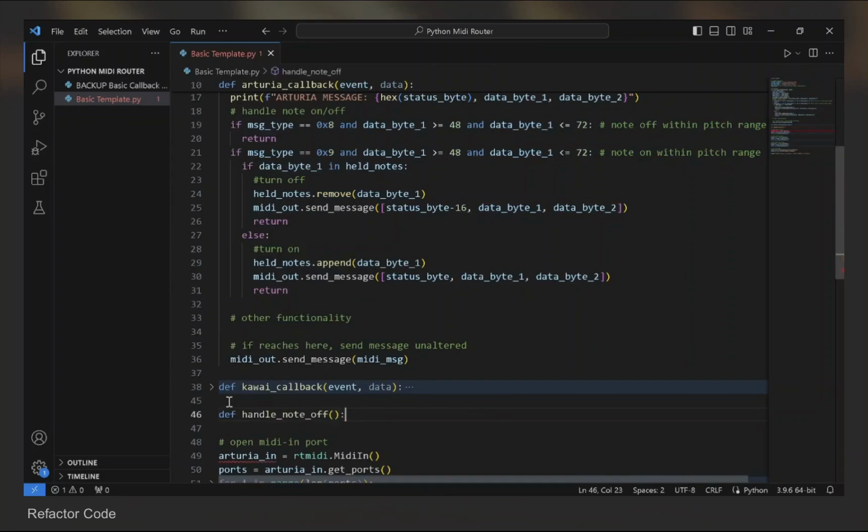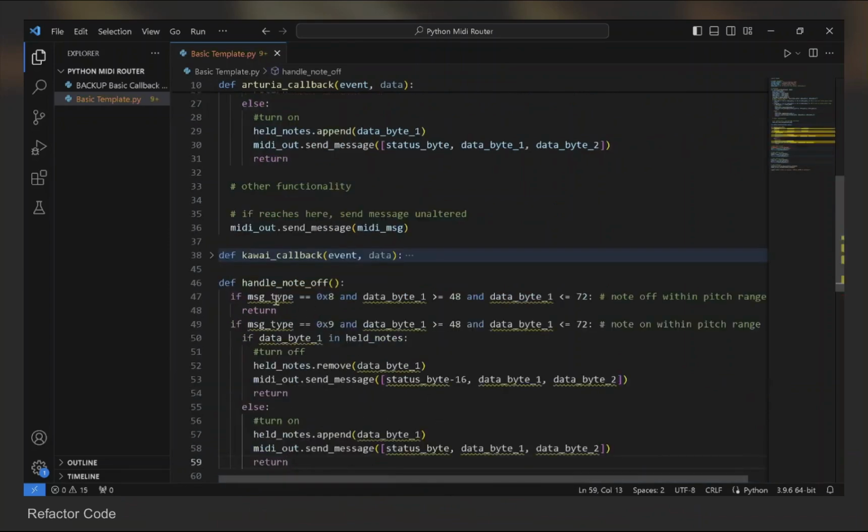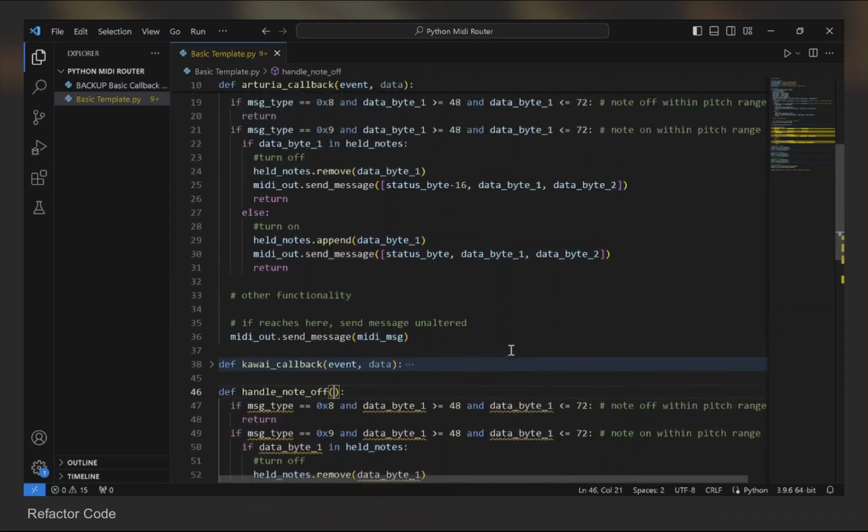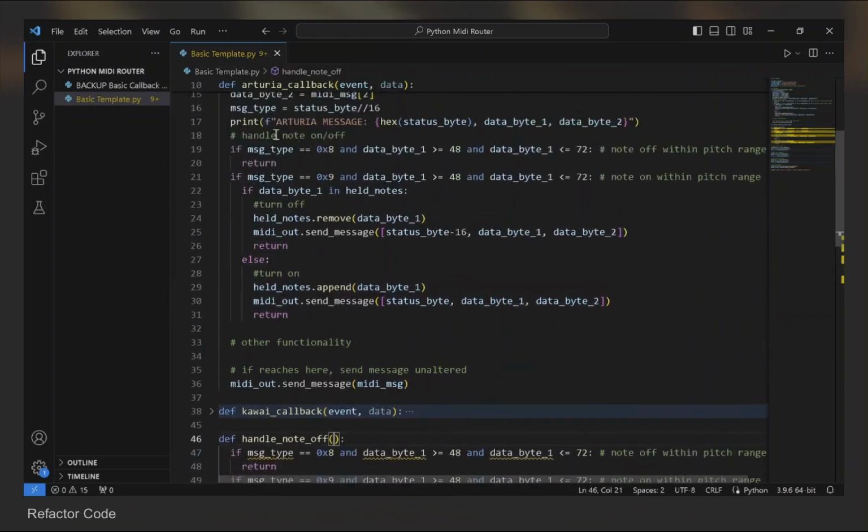I'll work out what parameters we need to define with that in just a moment. Let's just copy and paste that in. So you can see here that one of the extensions is flagging the fact that these haven't been passed in. They don't know what they are within this function. So I need the status byte, data byte 1, data byte 2. I also need the message type. So we'll need to pass all those in just a moment. But let's first go up here and